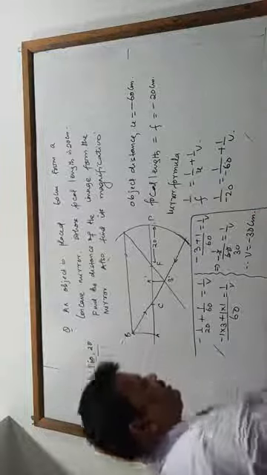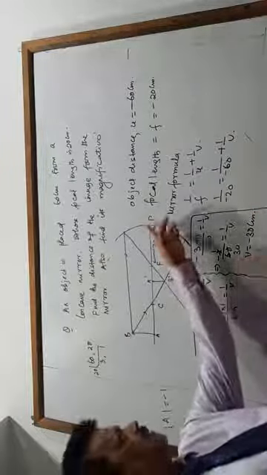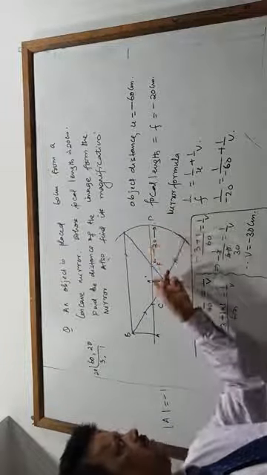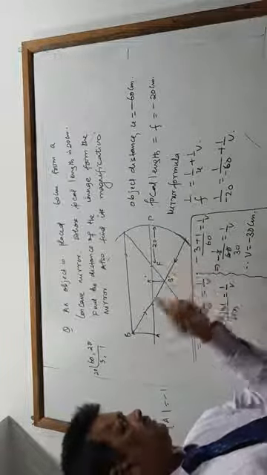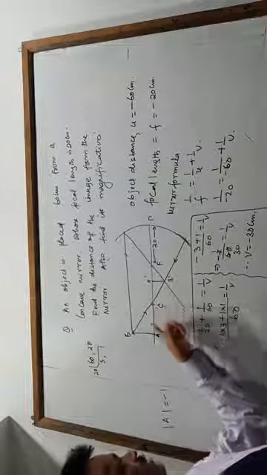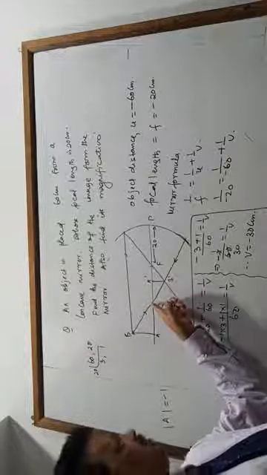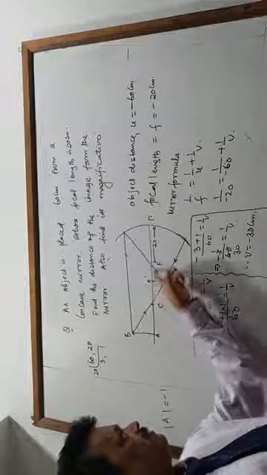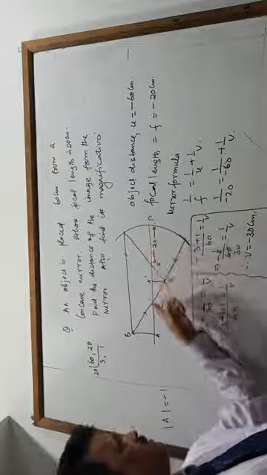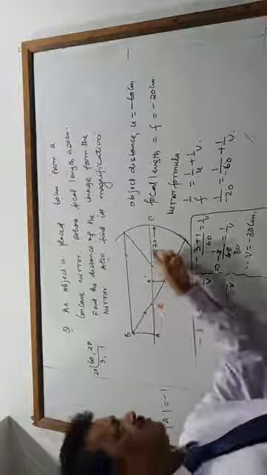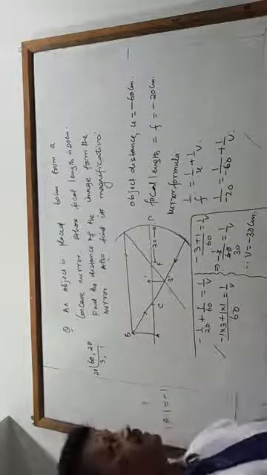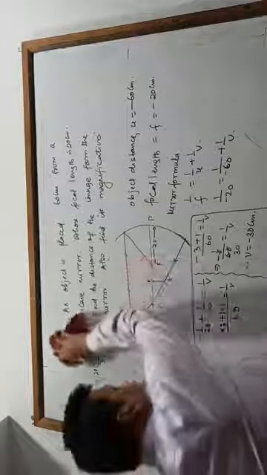Look at why minus came. Because it is measured from the pole to the image, so that is a minus sign. And also when the object is outside the center of curvature, the image is between C and F. So you are getting it between C and F because 30 is between 20 and 40. Because this total is 40, this is 20, so you are getting in between, so minus 30 has come out. Okay, what is the formula of magnification?